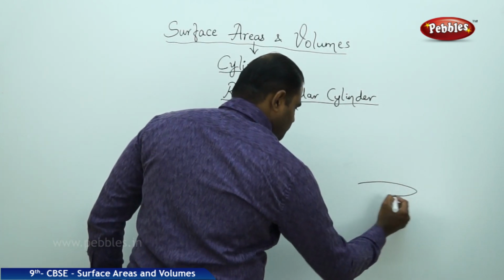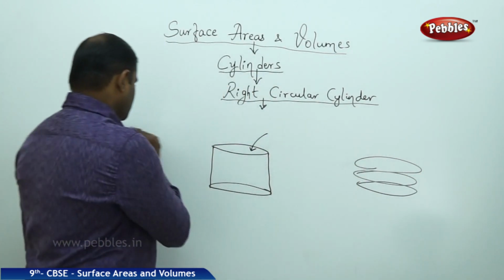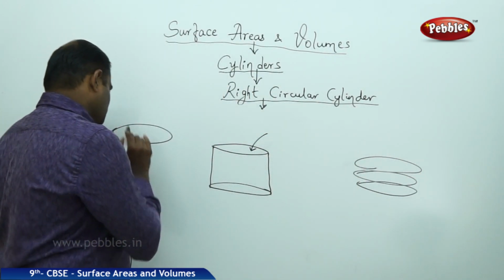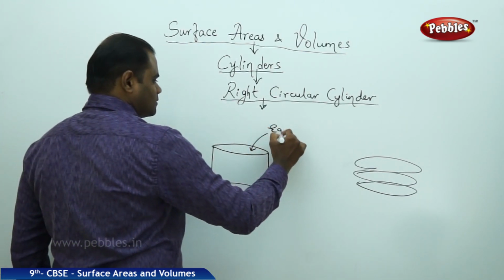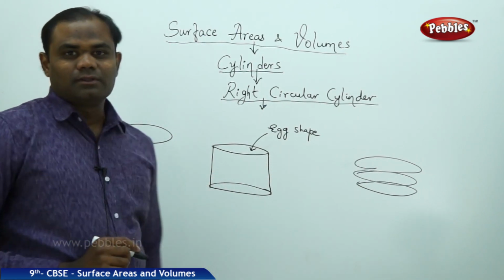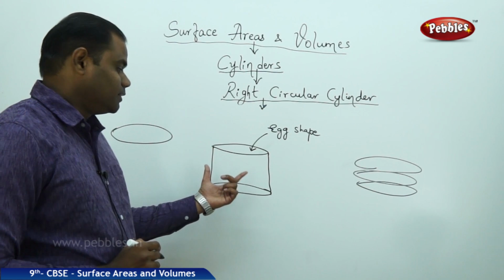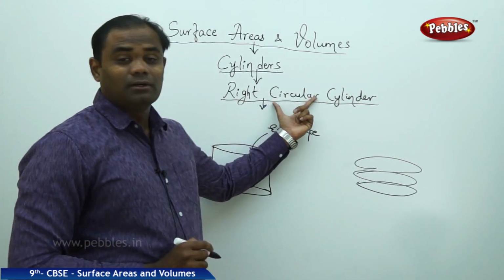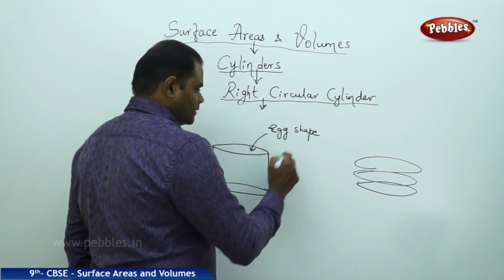So each shape constructed is not a circle. If something like an egg shape is used to construct it, then this cannot be a right circular cylinder, because we demand the circular concept in a right circular cylinder. So if this is an egg shape, then